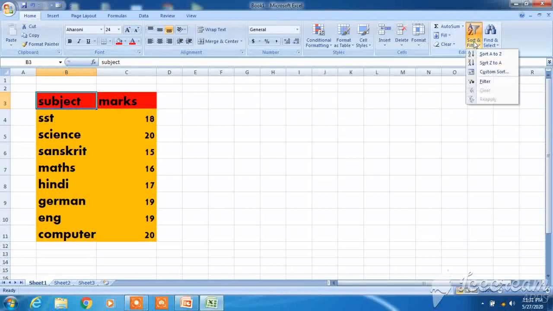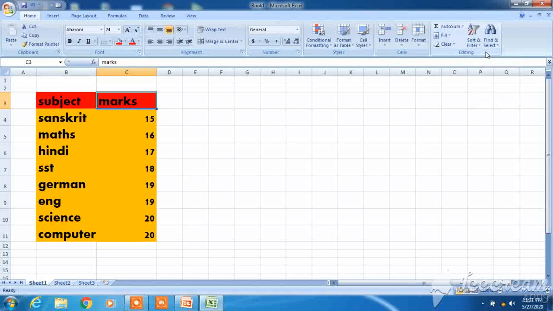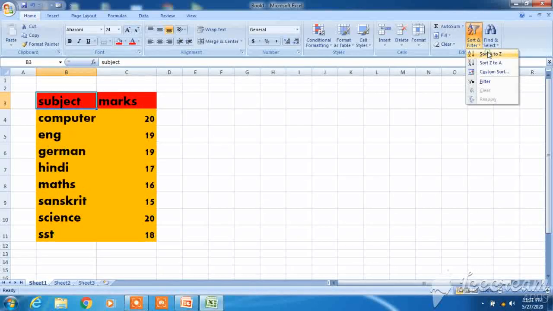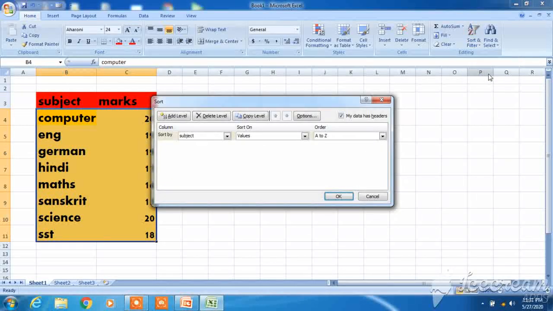Now custom sort. Have you understood these two sorts? Here you can sort this one also, right? This is also changing. It's not that the numbers are sorted and the subjects are different. Fine, let's only sort the subject. Now I will teach you custom sort. Click on custom sort. Now what kind of sorting do you want? Subject, sort on values.